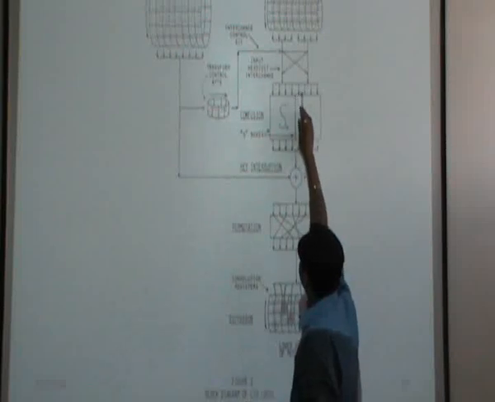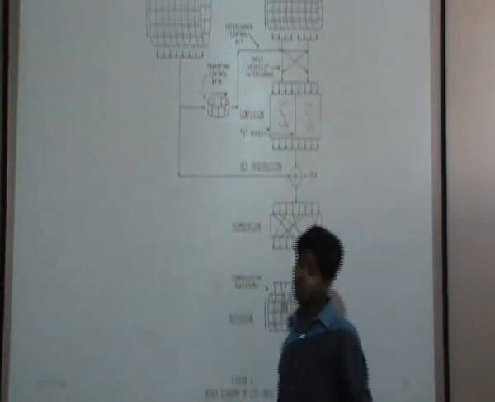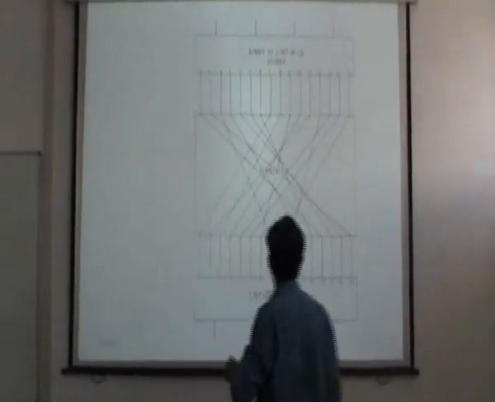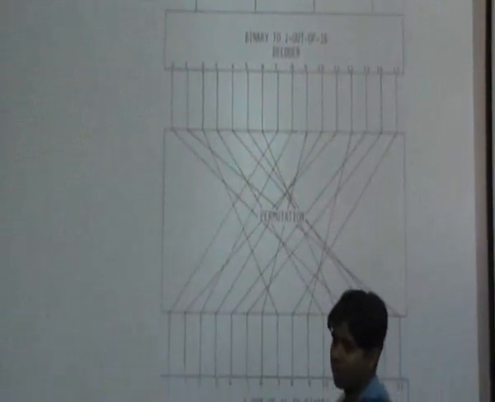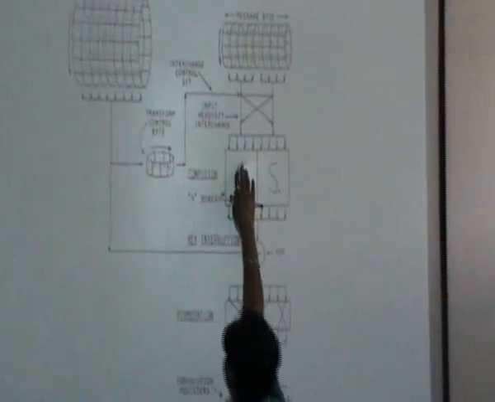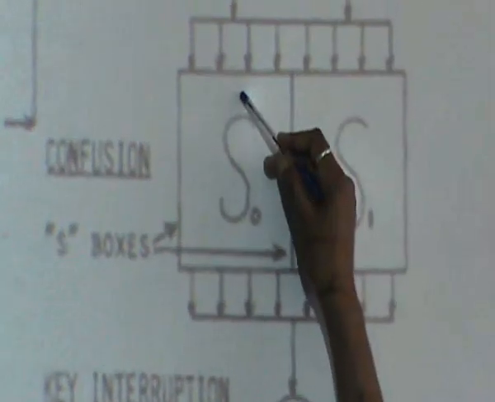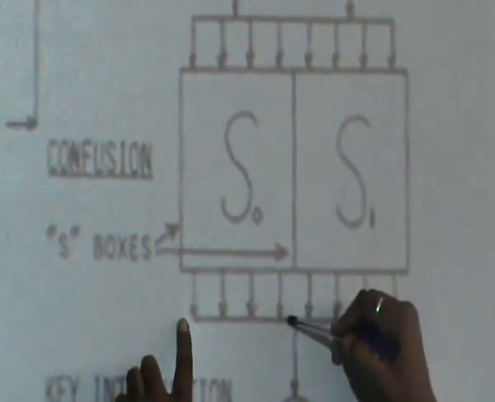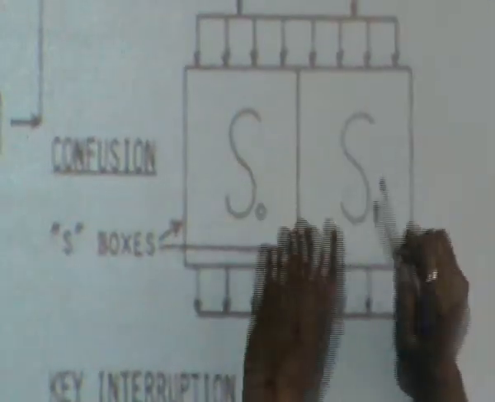Okay? Now suppose these 4 bits are proceeding to the S0 and S1 box. Now what do the S0 and S1 boxes do? This is the permutation given by any particular S box. I said that in an S box you have 4 bits as input. In this S box also you have 4 bits. But finally you get 4 bits again as output. So what this S0 box, or this S1 box does